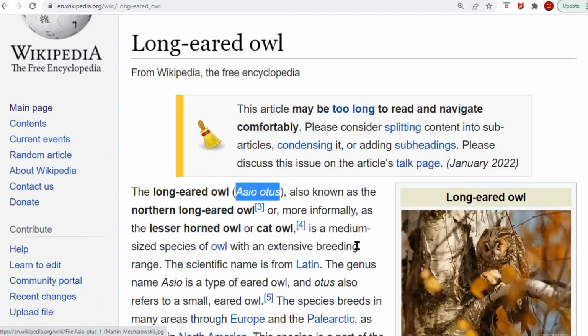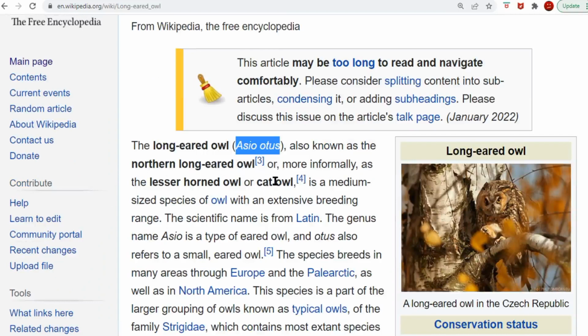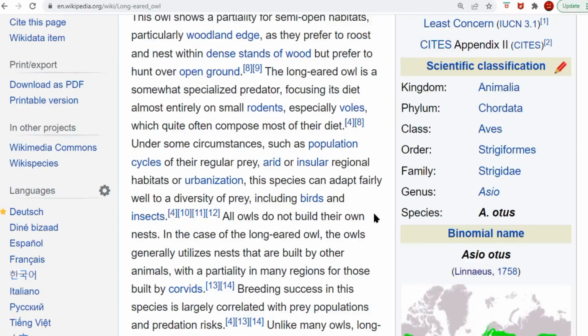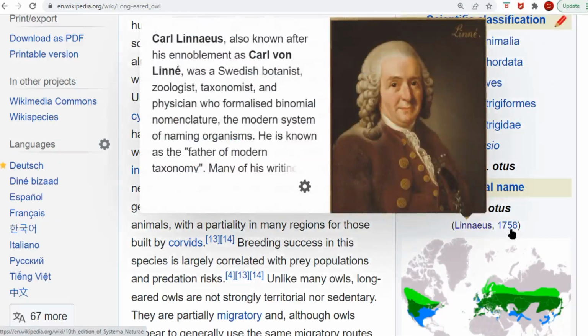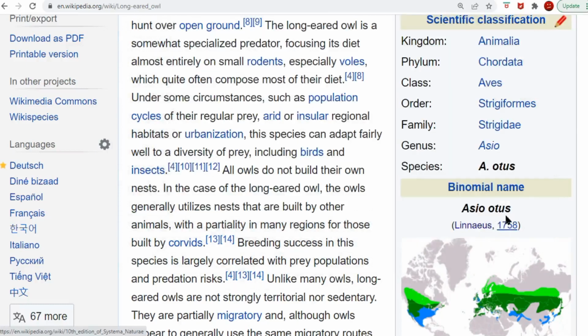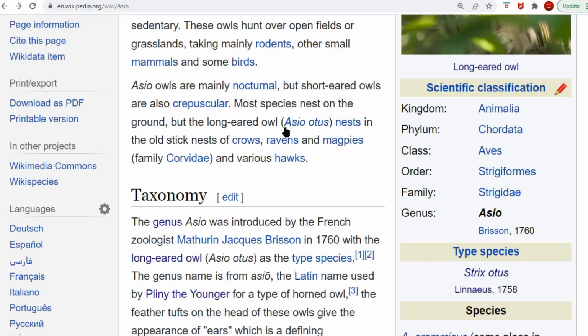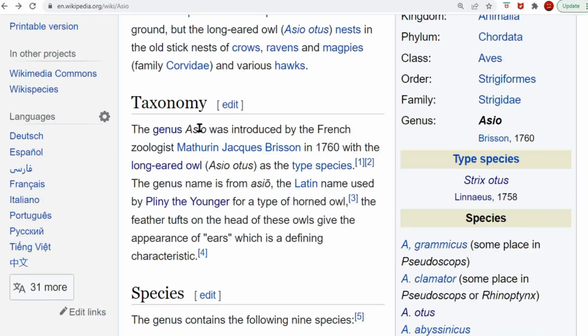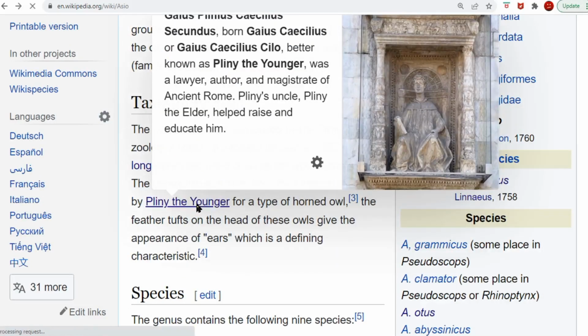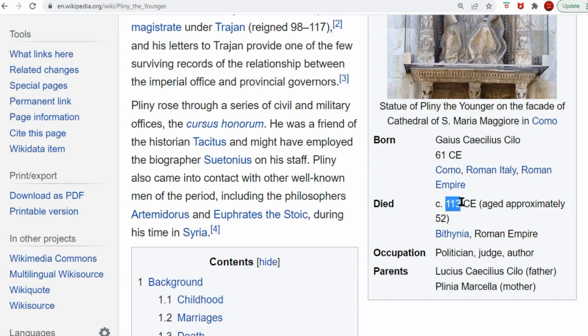He's a long-eared owl, known as the long-eared owl or the cat owl or the lesser horned owl. He's in the genus Asio, the species otus, Asio otus. And they'll say here it's from Carl Linnaeus from 1758. But Pliny also talked about the Asio otus. This is an ancient word. Carl Linnaeus didn't come up with this. The genus name Asio was introduced by the French zoologist, but the genus name is from Asio, a Latin name used by Pliny the Younger. And he died in 113. So this is at least a